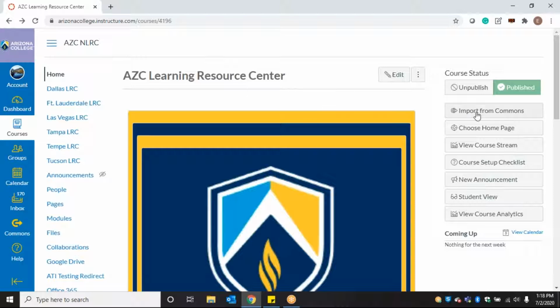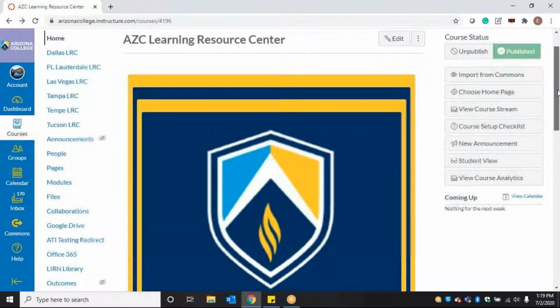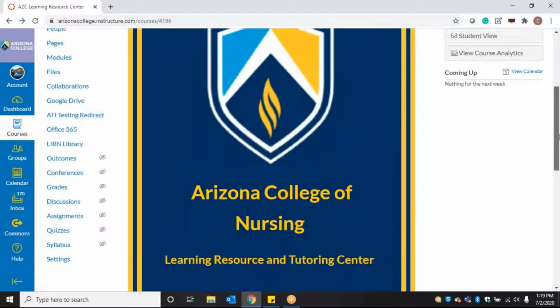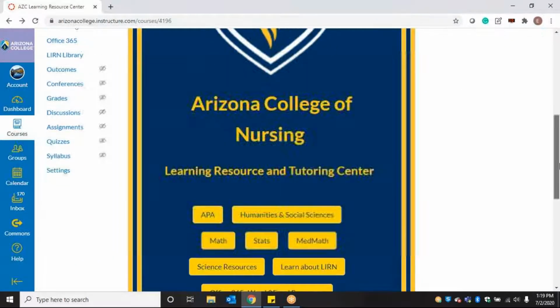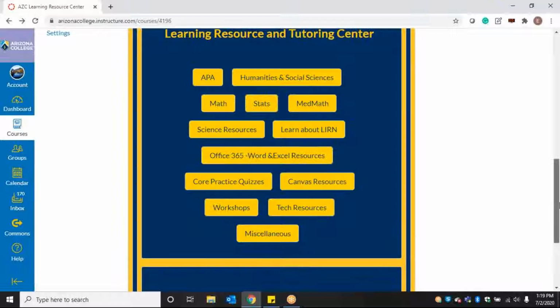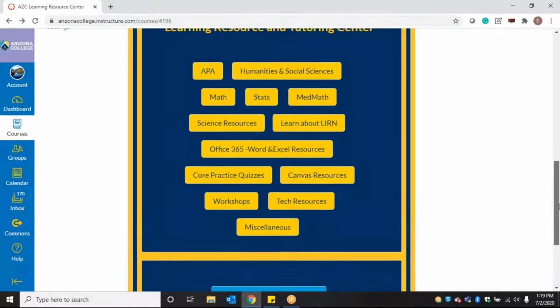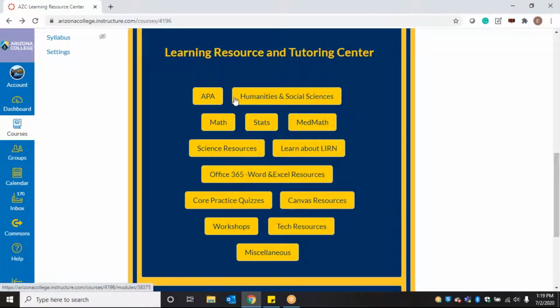All right, so I'm going to go back to the global one. And I'm going to scroll down to where the module buttons are. So these are the different categories that we have available, and the resources for those different subjects will fall under those modules. So one cool feature that we have here is the MedMath